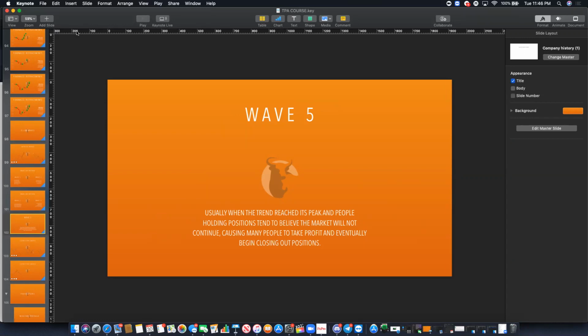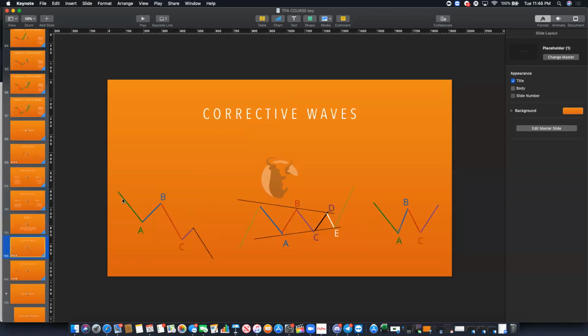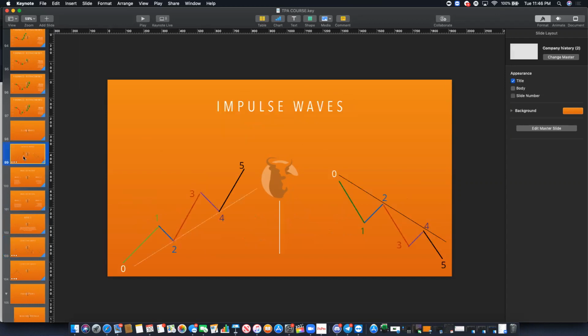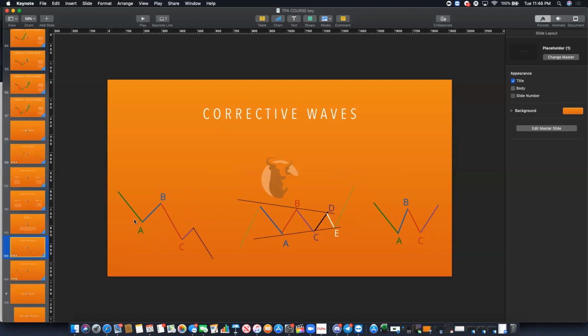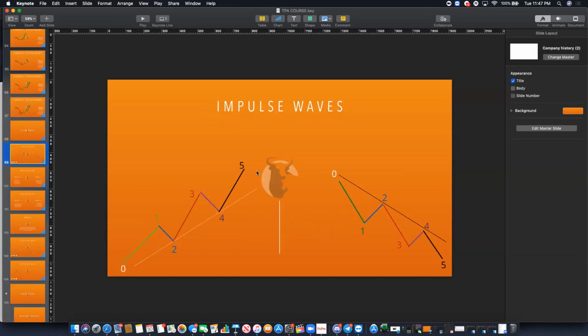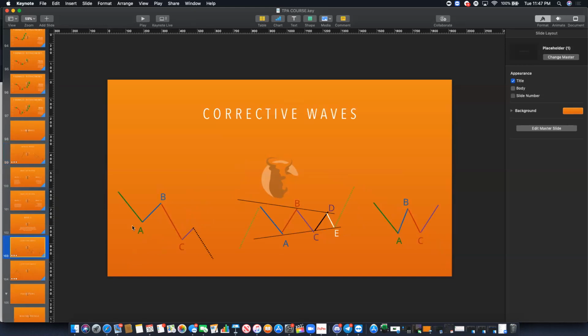All right, the corrections of the market, right? It's called the corrective waves. What we were describing earlier, the 0, the 1, the 2, the 3, the 4, the 5, these are your impulse waves. So this is the market making its impulsive move to the upside or downside. And then we have our corrective wave, which is when the market has to come back and correct itself. Because overall, if this was the overall movement to the upside, to confirm that upward movement, Brandon, what do we need at all times?